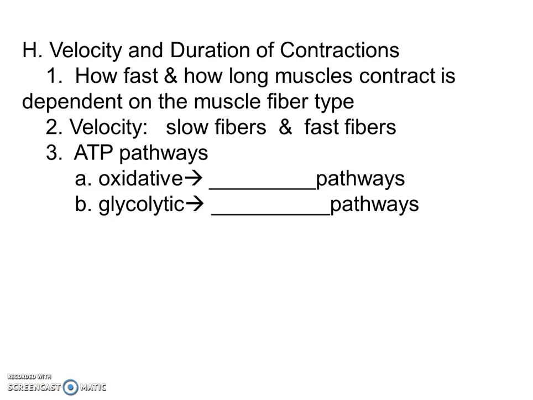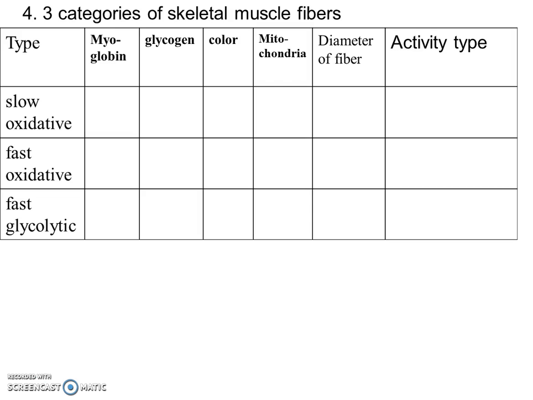Okay, let's talk about the velocity and the duration of contractions. How fast and how long muscles contract is dependent on the muscle fiber type. Scientists have studied muscle fibers and they've divided them into several categories, whether they're slow fibers or fast fibers, and then whether they use oxygen to get their energy or they don't. So, oxidative would be aerobic pathways, glycolytic would be anaerobic pathways. So they've used these two features, whether they use oxygen or not, whether they're slow or fast, and put them